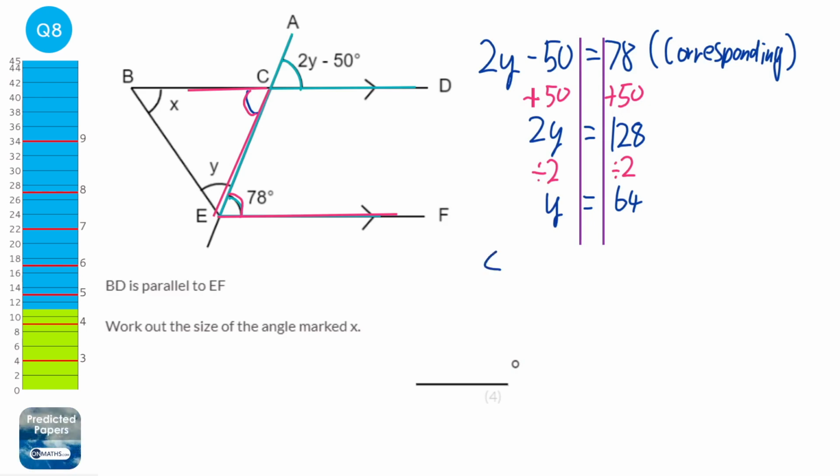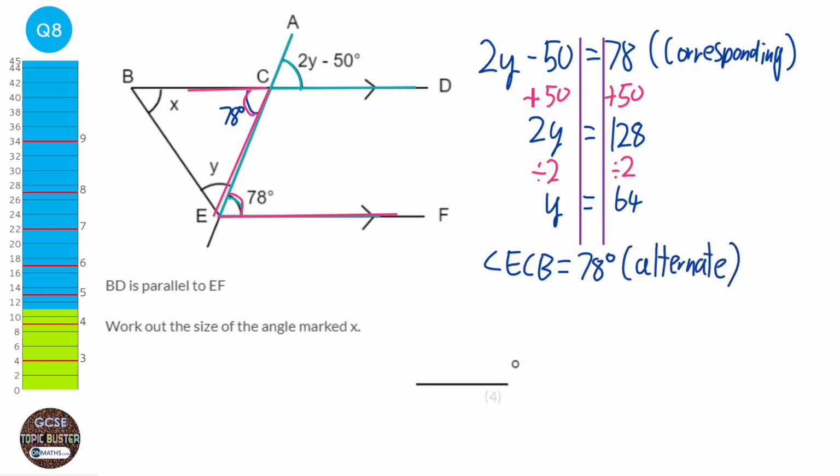So angle ECB is equal to 78 degrees. So this will be 78 degrees. And the reason for that is alternate angles. And then finally, if we know this is 78 and we know that this is 64,